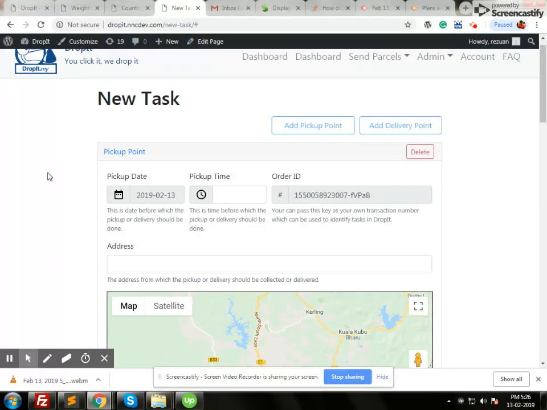So let's start to fill up the form. Just in the pickup point, I'm entering dummy text for filling up the form. First of all, add pickup point. I'm just entering 21